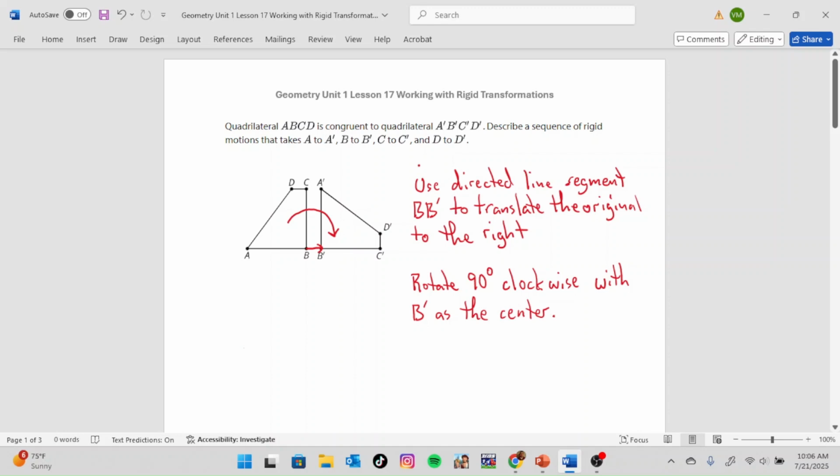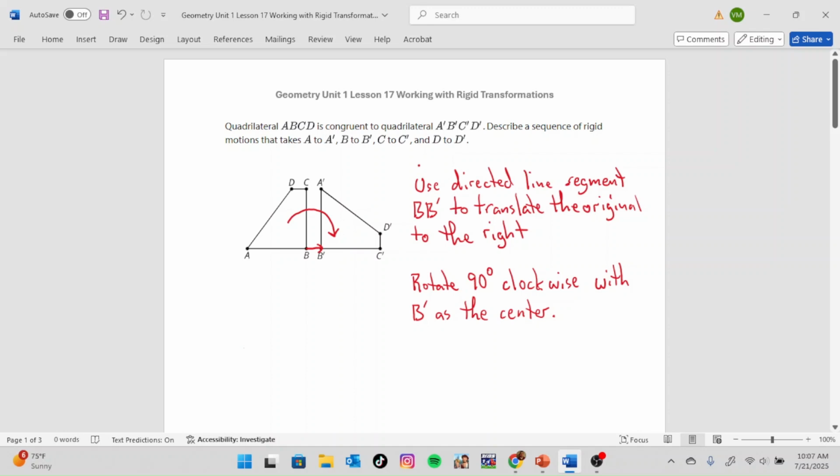So we're going to slide the one on the left over to the right until they touch each other and they share that center line. And then we're going to rotate that left shape clockwise 90 degrees with B prime as the center,